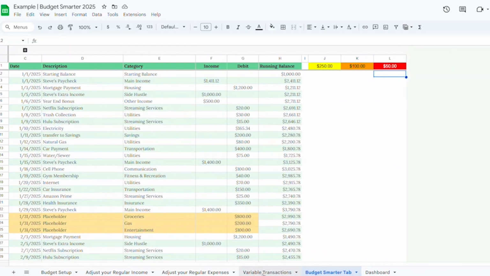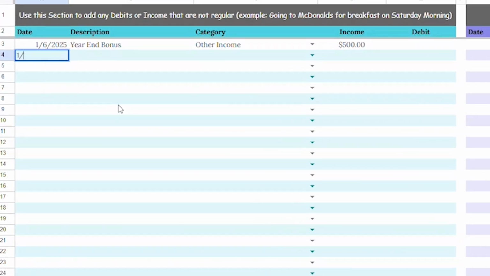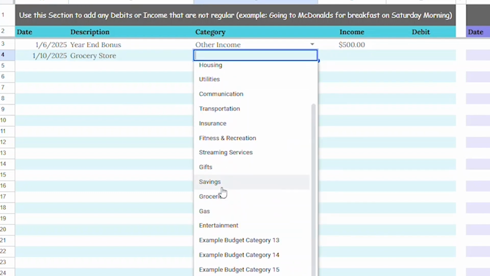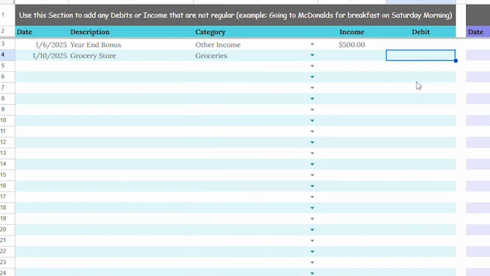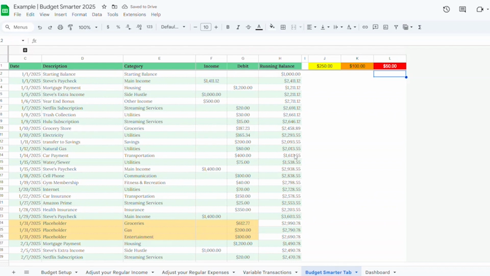Next, let's add a variable expense. Say you went grocery shopping on January 10th. Enter the date, the description, grocery store, and select groceries as the category. If you spent $187.23, that amount will show up on the Budget Smarter tab. Here's the cool part. Since groceries is a placeholder category, the placeholder amount for the month automatically updates. If your grocery budget started at $800, it will now show